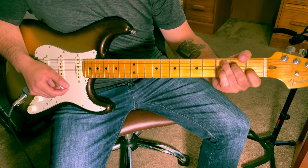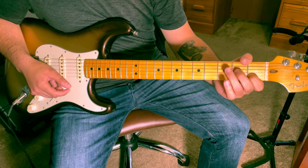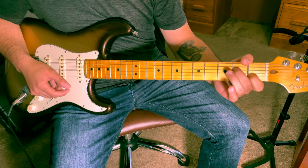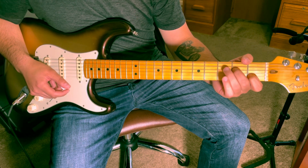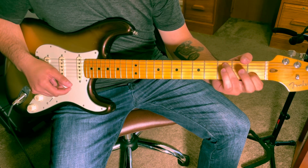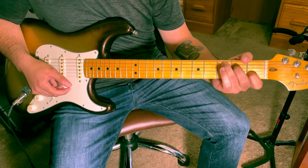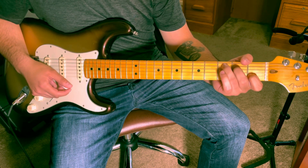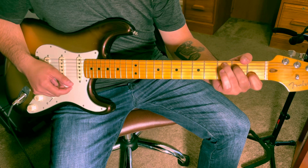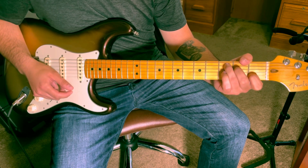Okay, then it moves to a C chord, which is still 1st fret B string, 2nd fret now is going to be on the D string, and then 3rd fret on the A string. And when you strum that chord, you're going to hammer on from open to 2nd fret on the D string. Like that. So okay, that's the hammer on. Then you're going to go up, down, up,